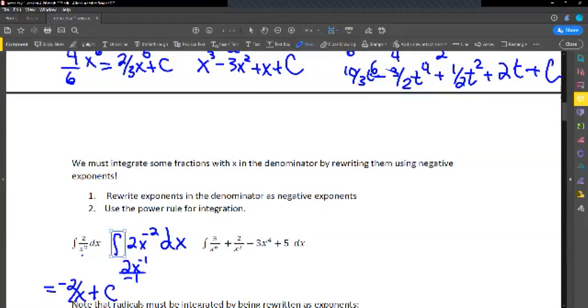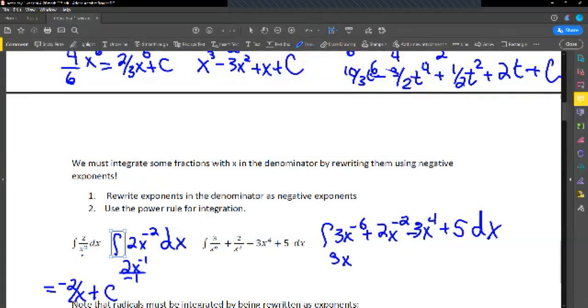All right, so this next integral, kind of the same thing. I'm going to rewrite the negative powers. So it's the integral of 3x to the negative 6 plus 2x to the negative 2. And the rest is good. All right, now we just integrate it. So you raise it 1, it becomes 3x to the negative 5 divided by negative 5 plus 2, I'm going to raise that, it becomes x to the negative 1 over negative 1